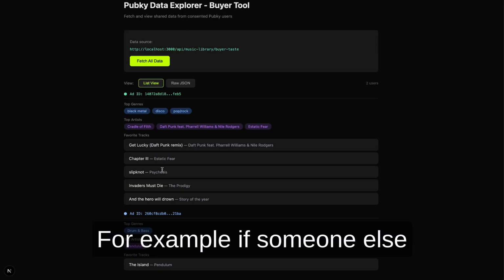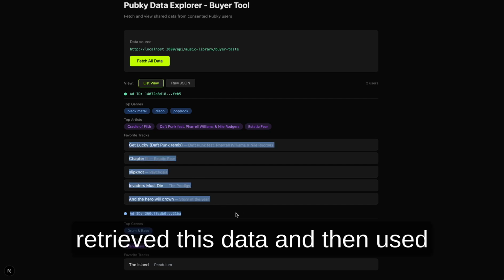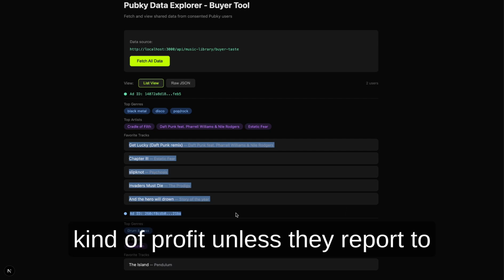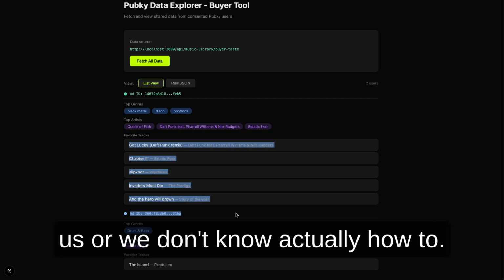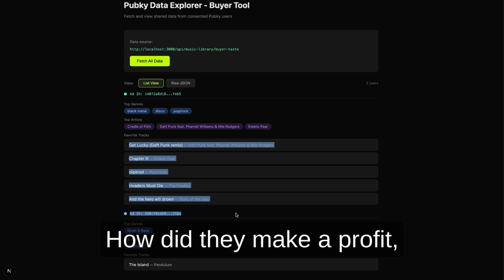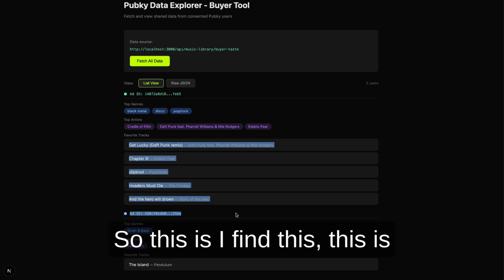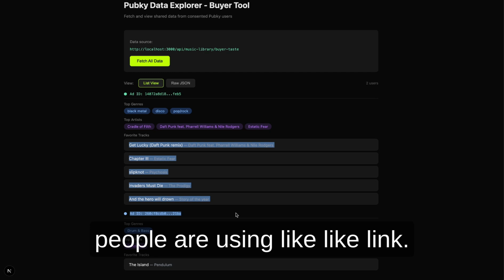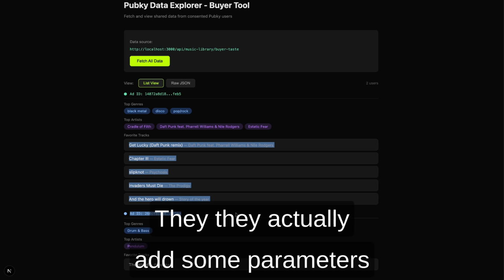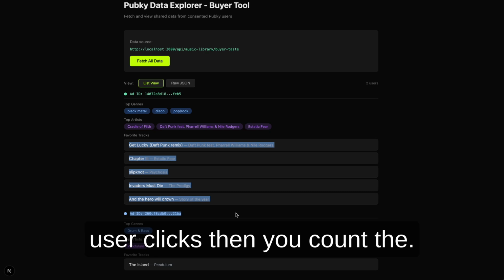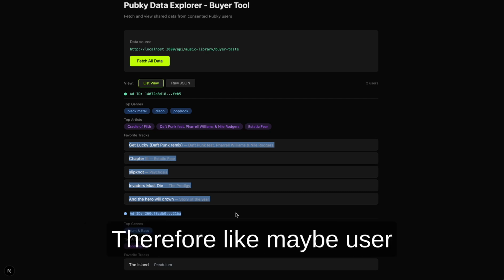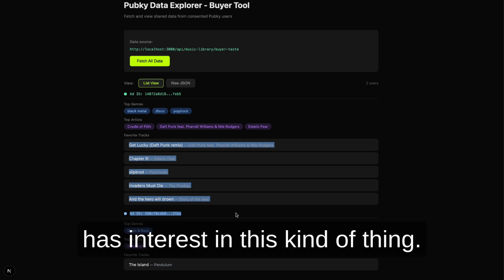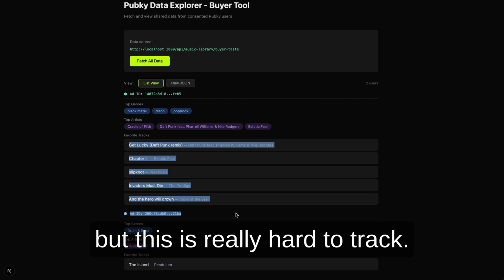For example, if someone else retrieves this data and uses it somewhere else and makes any kind of profit, unless they report to us, we don't know how they made a profit or how much they made. So I find this really challenging, and nowadays people still add parameters in the link, and when the user clicks, you count that the user clicked this link, therefore maybe the user has interest in this kind of thing. I don't know how to say that, but this is really hard to track.